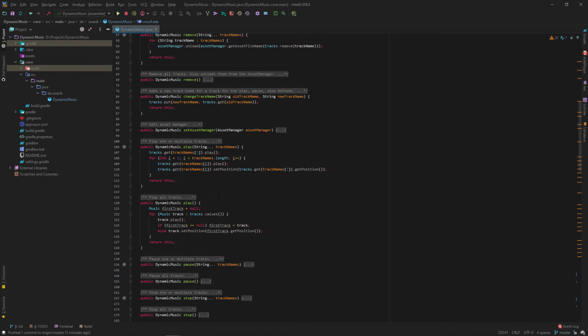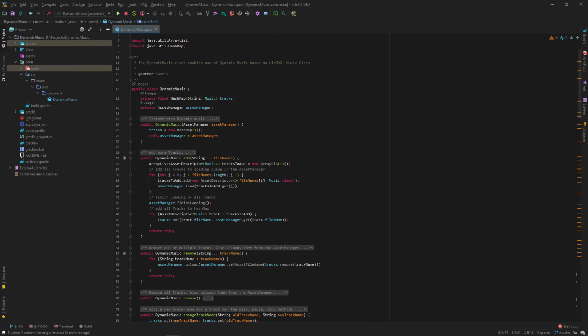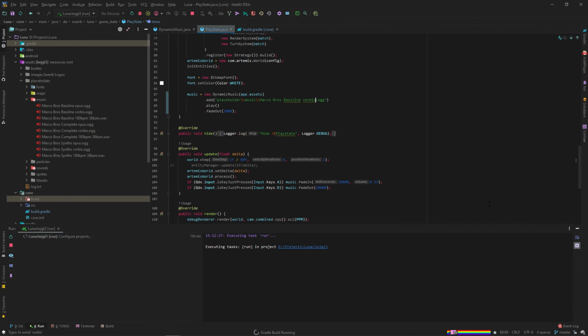If you split this up in tracks, you can see examples of this in my devlog as well. You can split this up in tracks, for example, the bass line and the melody line on 2 different audio files. Then you can, for example, play only the bass line and then let the melody fade in or fade out, or change on beat, for example. You can play around with a lot of stuff if you create a dynamic music class and not just add your song as music and then press play or stop. As I said, for changing on beat and playing around with different tracks, just watch my devlog or the second half of my devlog. But because the fade function is new, I want to show that in my project.